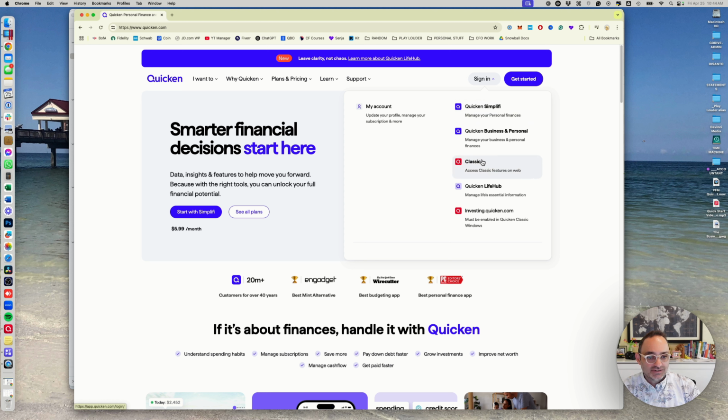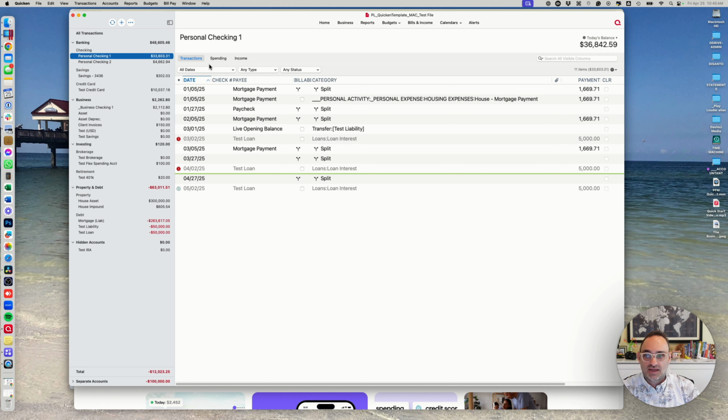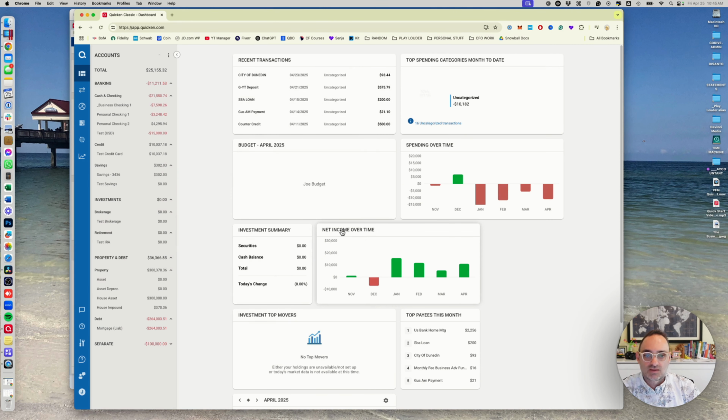But over here, then there's these options. And you're like, well, what are all these options? And so if you recall earlier in the video, I said Quicken Classic is now offering a web-based portal. This is where you would log into that web-based portal. So you could click Classic here. Actually, here, I'm going to do this. I'll probably cut out my username and password. I'm going to log into the Classic portal that's connected to my Mac test account here. So stand by. Okay. I am logged in to